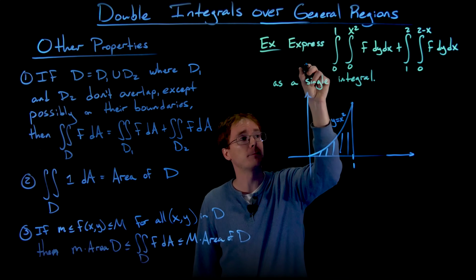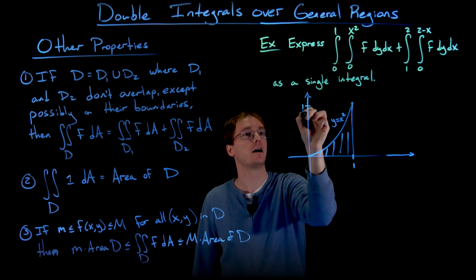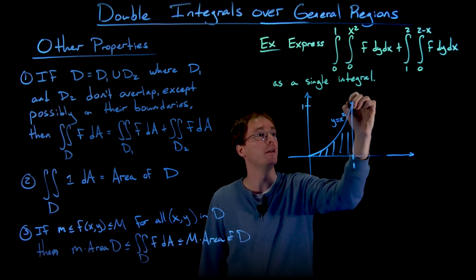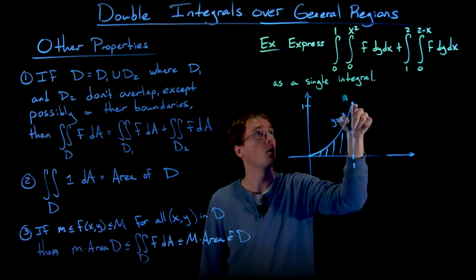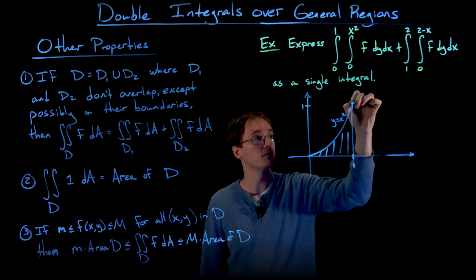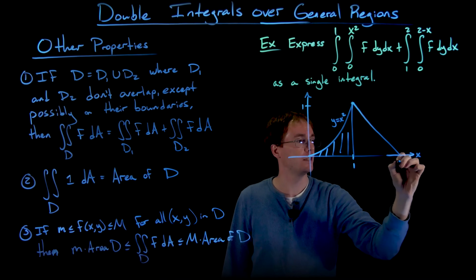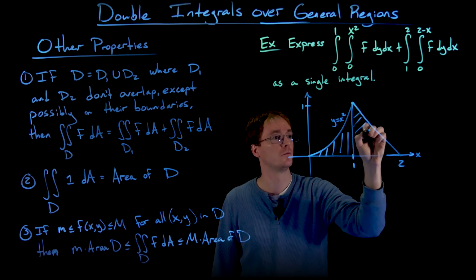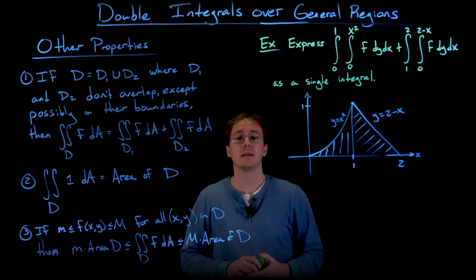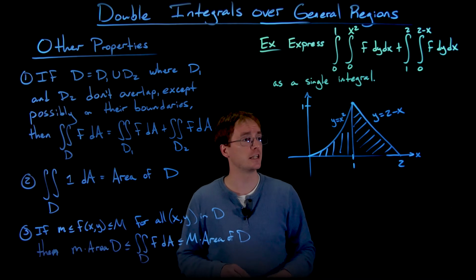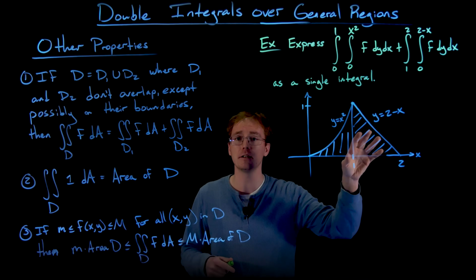It's going to have a y-intercept here of 2. Right, this is a y value of 1 and a slope of negative 1. So it is going to share that point of 1, 1 along with our other region's curves. But then it is going to go down and intercept the x-axis at x equals 2. And so the sum of these two double integrals is integrating over this entire region, but we can see that